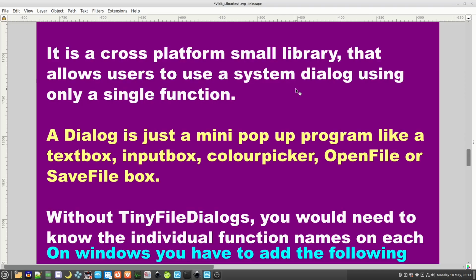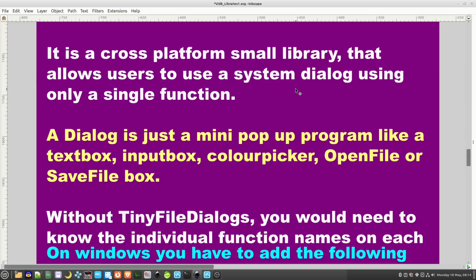The benefit is you don't have to dive into the various operating systems specifically to find how you would create that dialogue